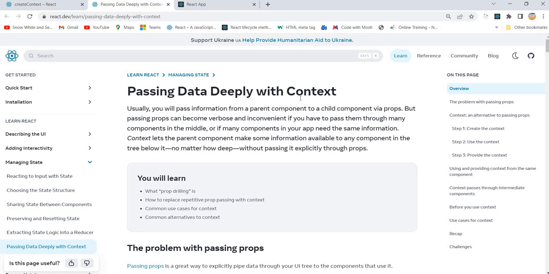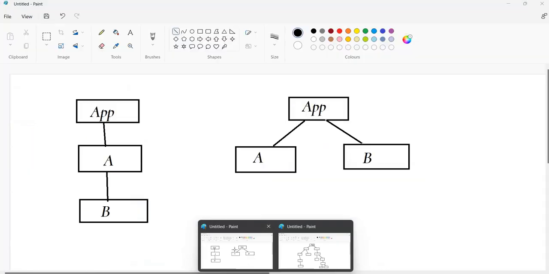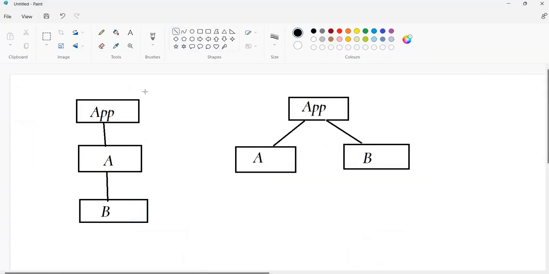Before entering into context, first we should understand a simple problem, then how context is going to solve that problem. So let's jump into the screen. Take an example. Suppose this is the root component, the app, and suppose we have two components, A and B, and B is a